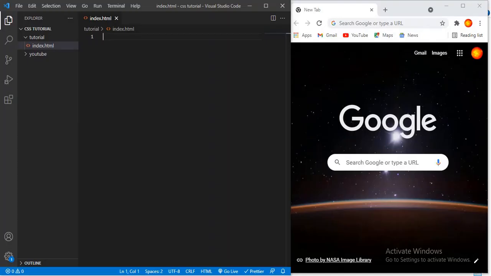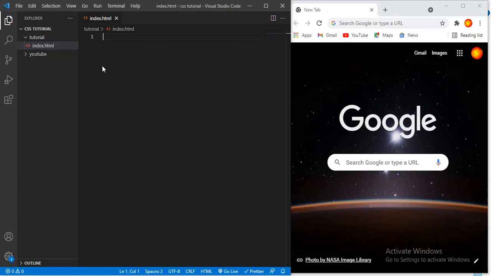Alright, so reka tuvuge kuri inline style, okay? Ibumoso mfite Visual Studio Code and iburyo mfite Google Chrome, okay? I just want you to see the changes whenever I make change in the text editor, okay? So go ahead,